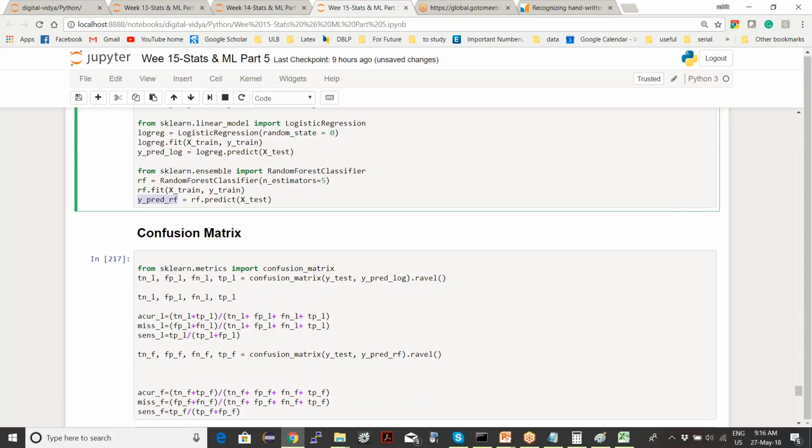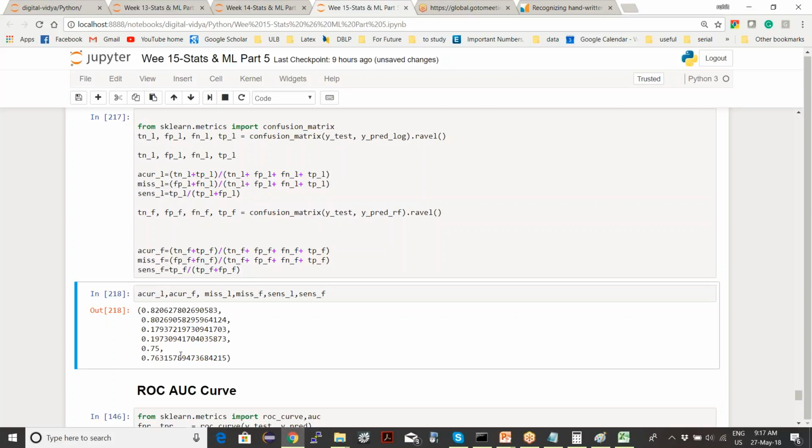When sensitivity is high, is it good or not? That's based on what your client wants. Suppose this was a case of drug testing. They want not only good accuracy, but high sensitivity, so it should be highly sensitive. In that case they would maybe choose this one because it is more sensitive. It's 76.3% sensitive compared to 75. So though accuracy was lower, the sensitivity is higher.